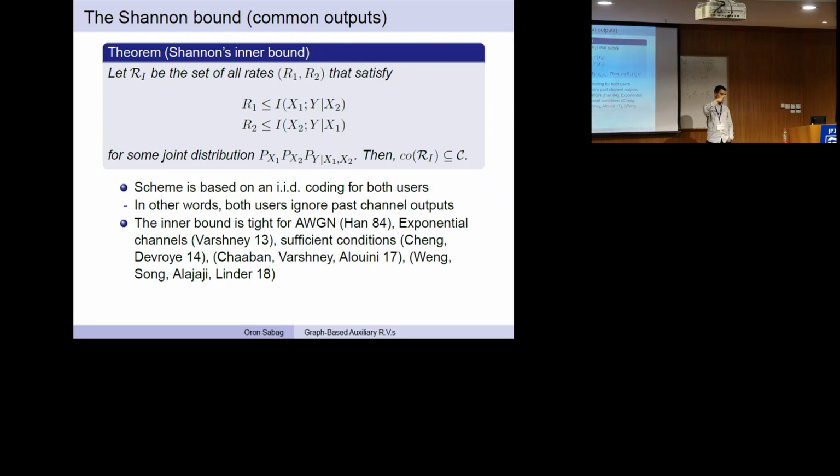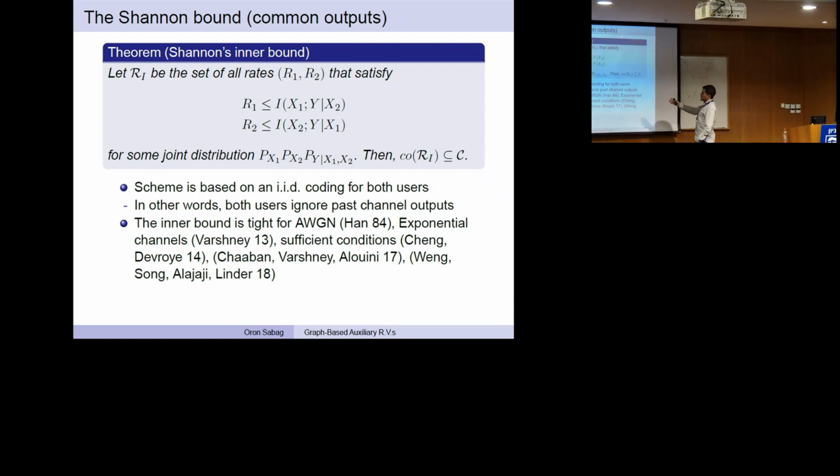So in the MAC with feedback, you need to decode based on the channel outputs only. But here, each user can decode based on the channel outputs and your own message. So it is a little bit more difficult. I think that if you consider such a coding for the MAC with feedback, you will also have a sum rate constraint on X1, X2, and Y. This is the main difference.